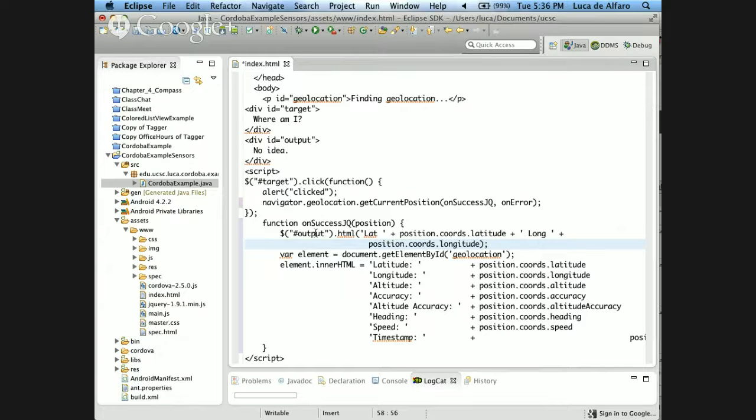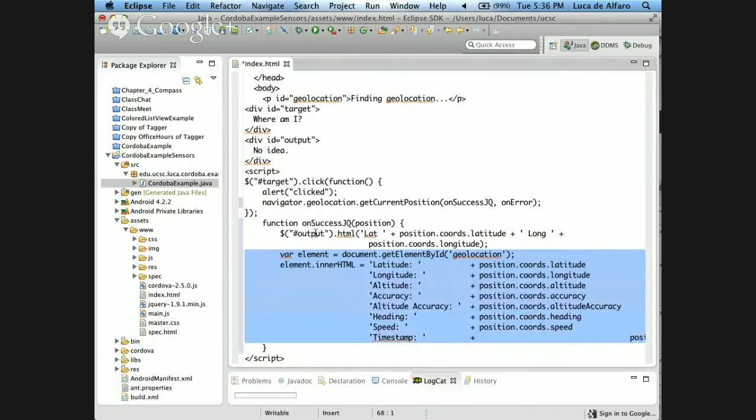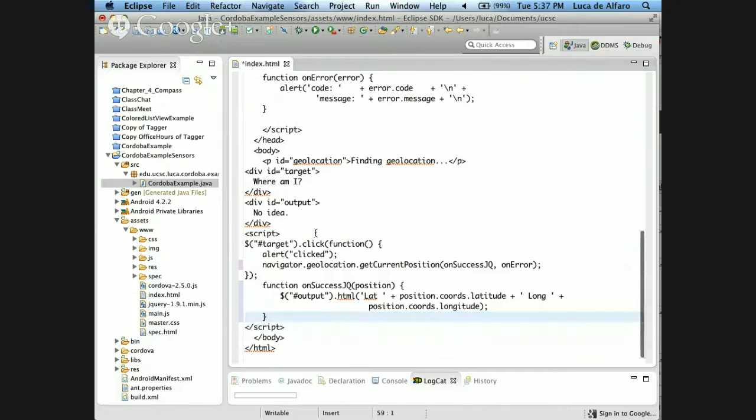I think this might be all we need for this example.